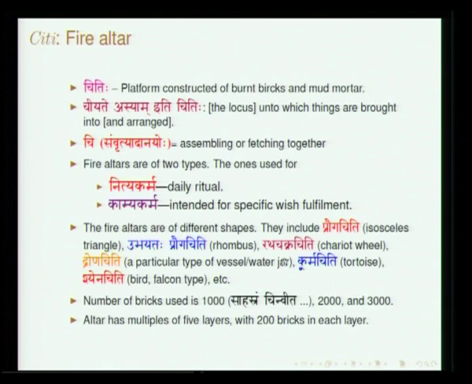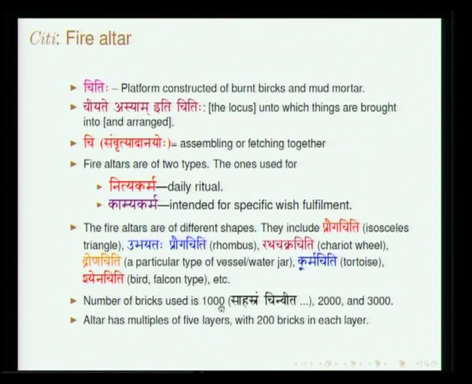Kamya means that which is desired, an action performed to fulfill a certain desire. All these kamya karmas have been prescribed to be performed in chitis of different shapes. For instance, prauga chiti will be in the form of an isosceles triangle, ubhayatah prauga a sort of rhombus, rathachakra chiti in the form of a chariot wheel, drona chiti. Drona basically refers to a certain kind of vessel, in the form of a water jar. Kurma chiti, the tortoise, shena chiti in the form of a